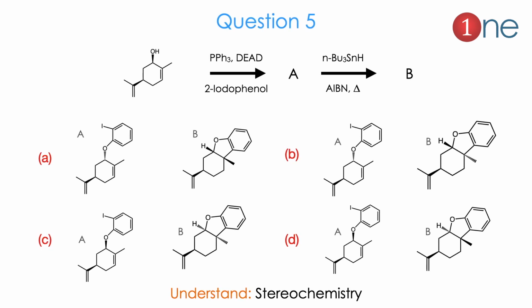Now question number 5. The starting material is an alcohol with an exocyclic double bond and inner double bonds. The reagents are BH3 and a DEAD reagent and 2-iodophenol. In the second step they are using tertiary butyl tin hydride and AIBN, a simple thermal reaction. They are asking you to guess the products A and B. Here the products are given. Simply they are asking whether O-alkylation happens or ring closure occurs. Here stereochemistry is also important. Moreover, you have to understand whether the catalyst can compel the ring formation or O-alkylation.